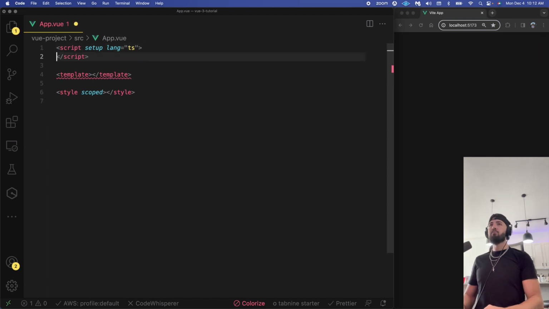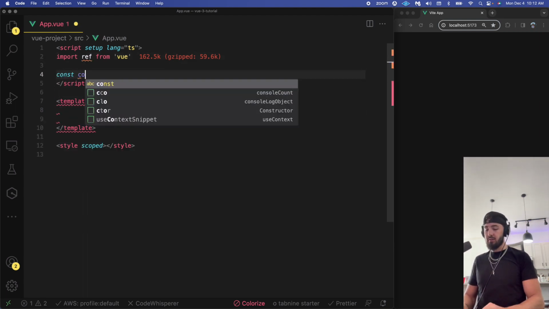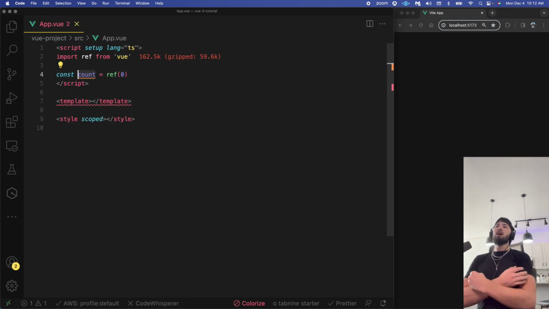So first thing, I'm going to open up this script tag and I'm going to say import ref. And let's see if I can remember how to do all this stuff, right? So import ref from Vue. I think that's all we need to do. And I'm going to say const count equals ref 0. And this count is similar to, in React, when you declare a variable, you say useState, we now have a count here